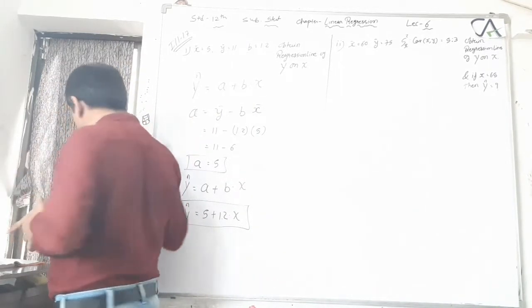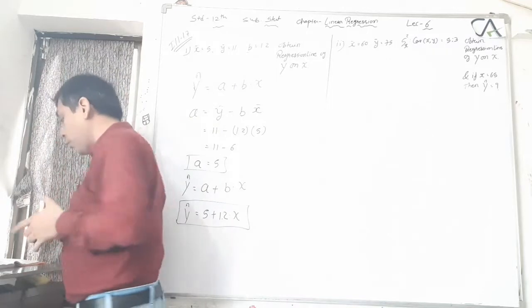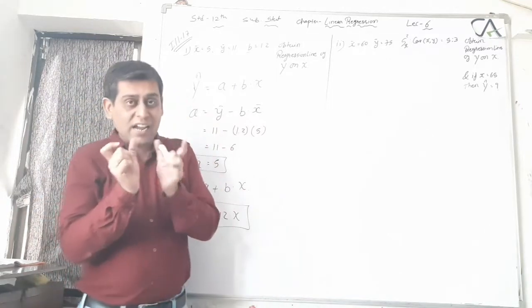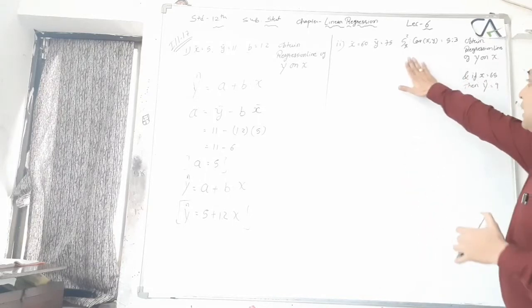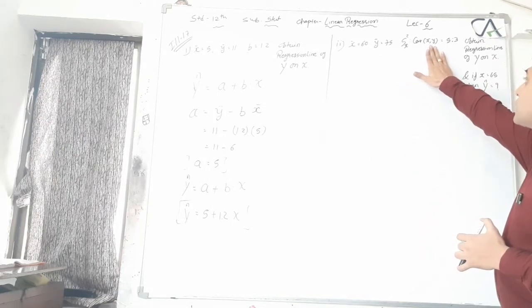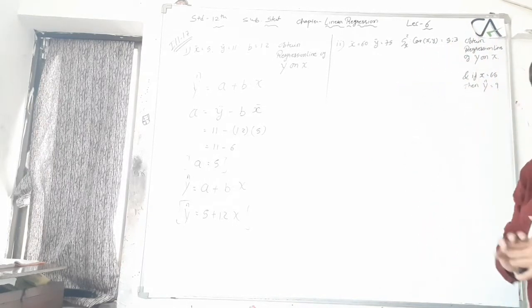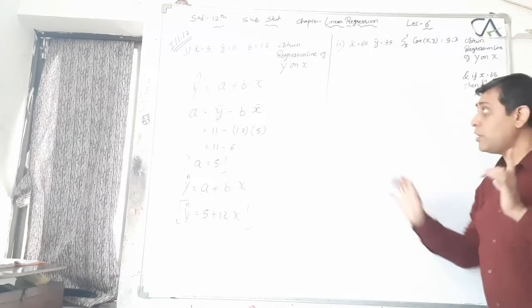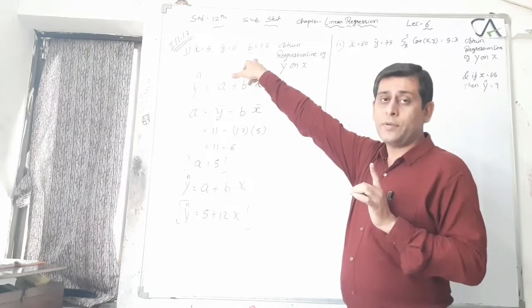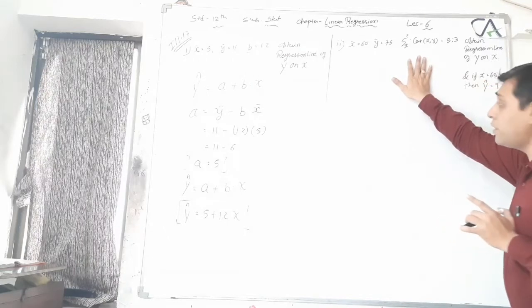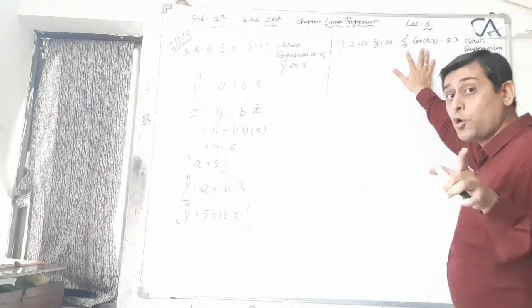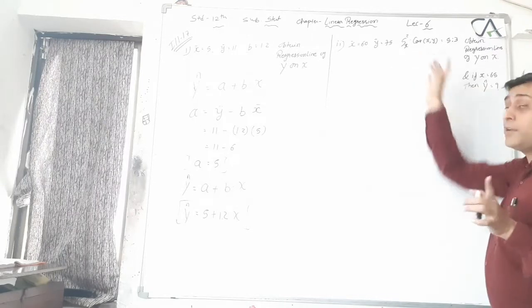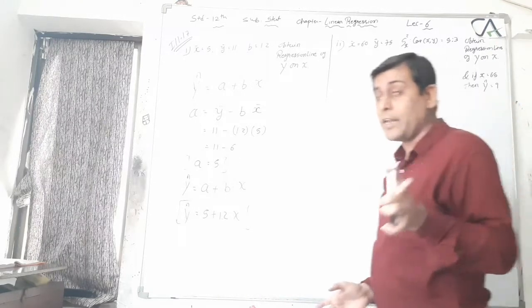If x bar is 60, y bar is 75. Now the style of the question is changed here, that is Sx square and covariance of xy is equal to 5:3. See, here b's value is given. Here b's value is not given, but the ratio of Sx square and covariance of xy is given. See, reverse ratio, not regular ratio.